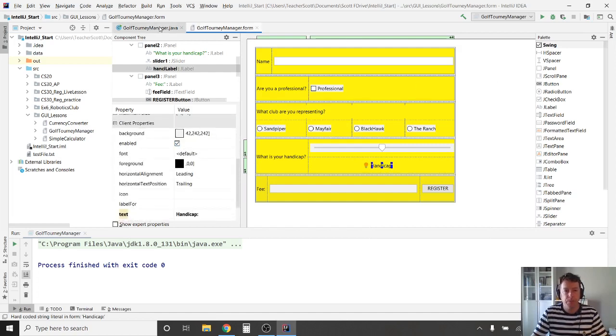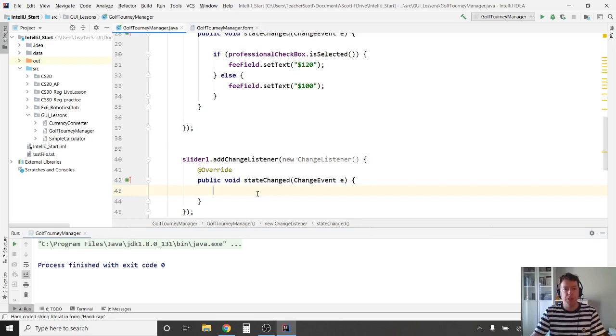Okay. So handyLabel right now has the text of Handicap, so we're going to change that text. So when the state of this is changed, we're going to set handyLabel to the value of the slider. Now, I'm going to do this in 2 lines just to make it obvious what's going on, so that you can use this in other functions a little bit later on, a little easier to understand. The JSlider simply takes an integer. So I'm going to say int handicap equals